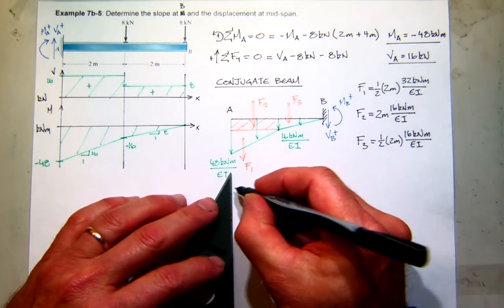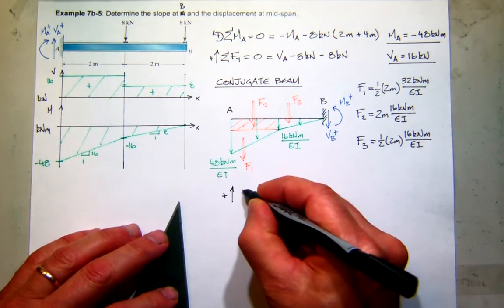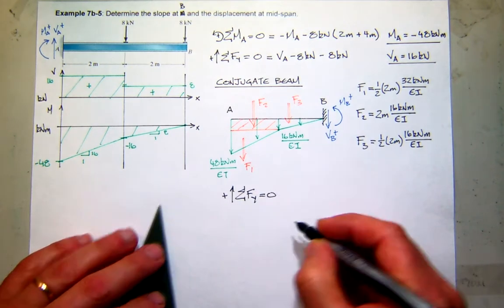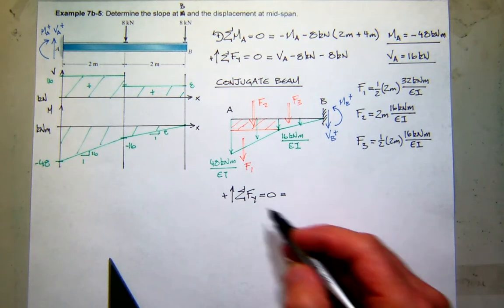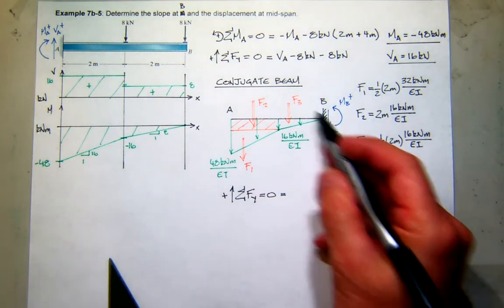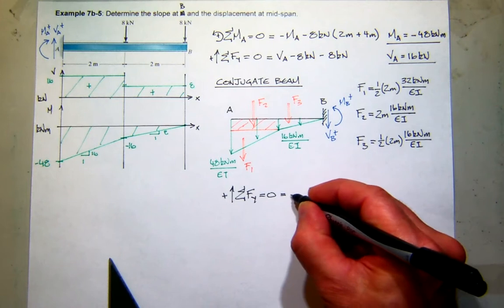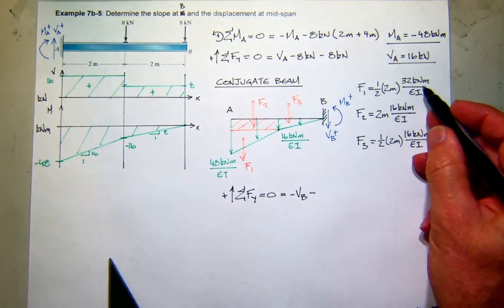So now if I want to find my shear value and the slope, I'll just sum forces in the y direction, make sure it's in equilibrium. So what do I have in the y direction? I'm assuming up is positive, so all my forces as drawn here are negative. So I'll have negative the shear at B minus F1, which is